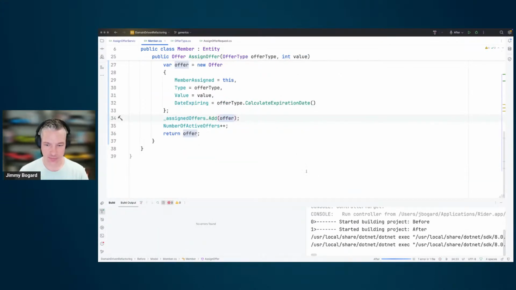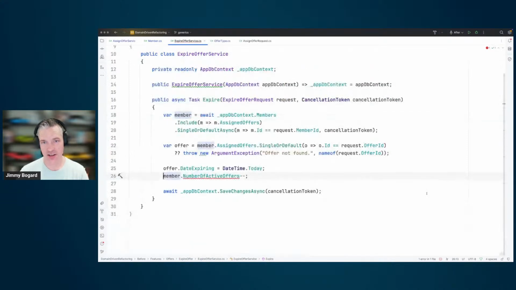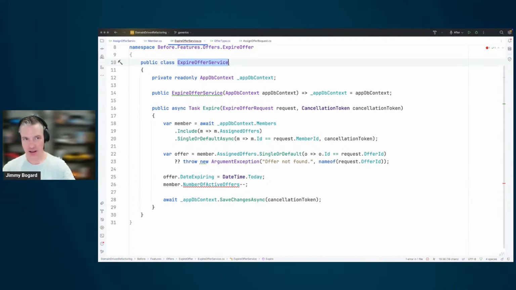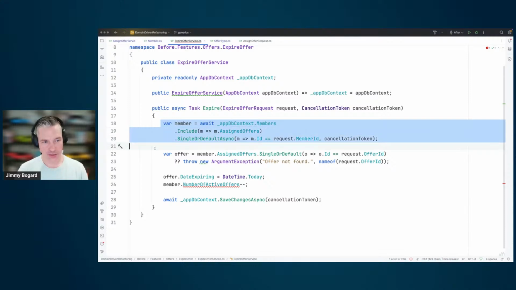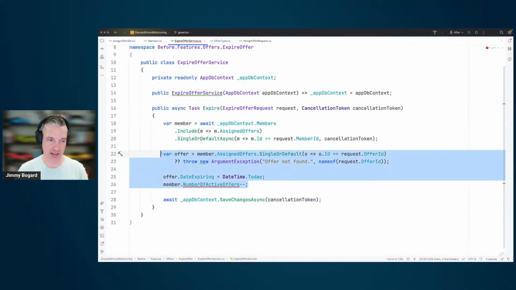But if I compile it here, we'll notice that we got a compiler error because there's another use case where we're mutating the number of active offers. This is the expire offer service. This is the flip side. We had assignments and now we have expirations. So I'm going to do the same kind of operation here of extracting methods and refactoring them to see where those methods should belong. We have initially data access junk, at the bottom more data access junk, load, save. But in the middle is the real meat of the